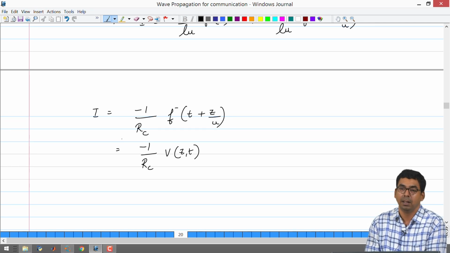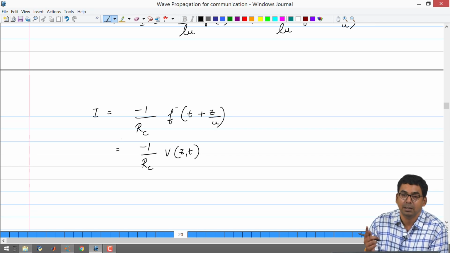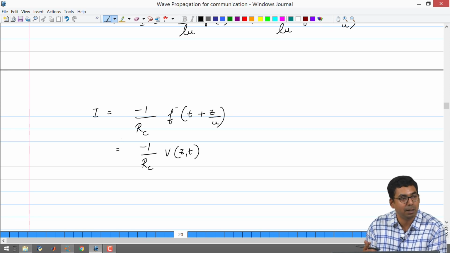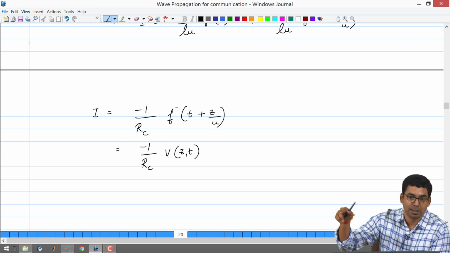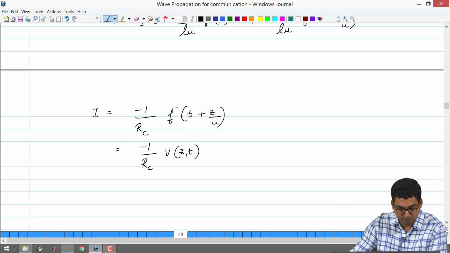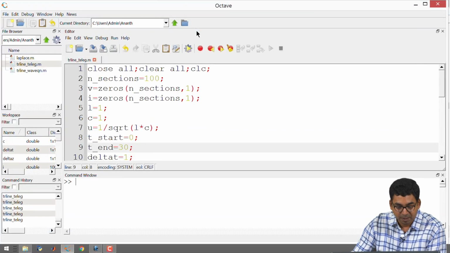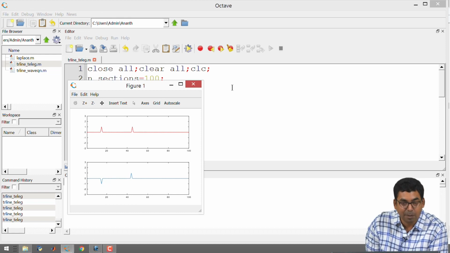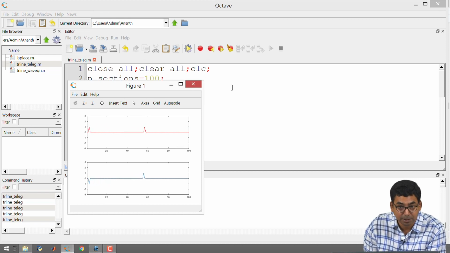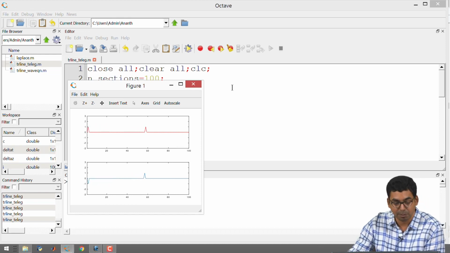Okay. That's why when we ran the simulation, the impulse at the starting point itself, you would have noticed that along the positive direction the voltage was positive and the current was also positive. So let's go back to that once again. Okay. But as there is an impulse going to the left hand side, you are having the current to be flipped. Okay. So this is the first thing.